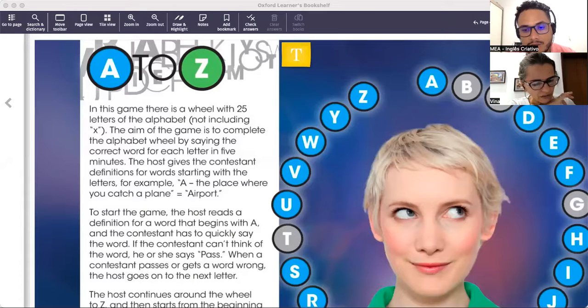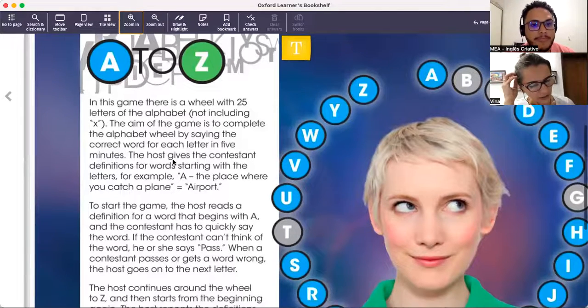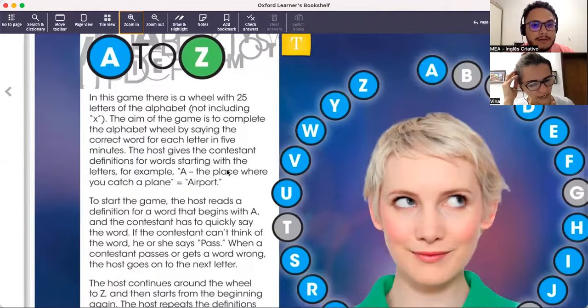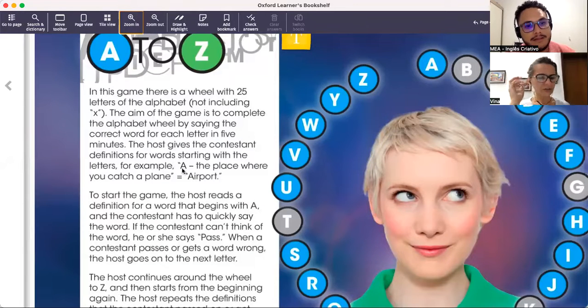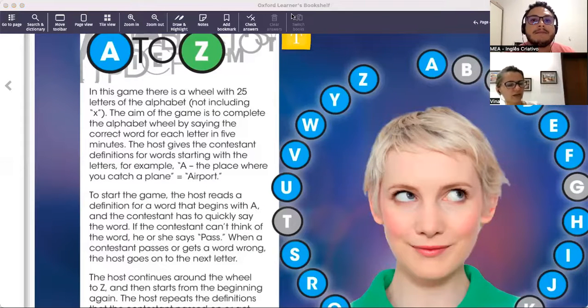The host gives the contestant definitions for words starting with the letters. For example,